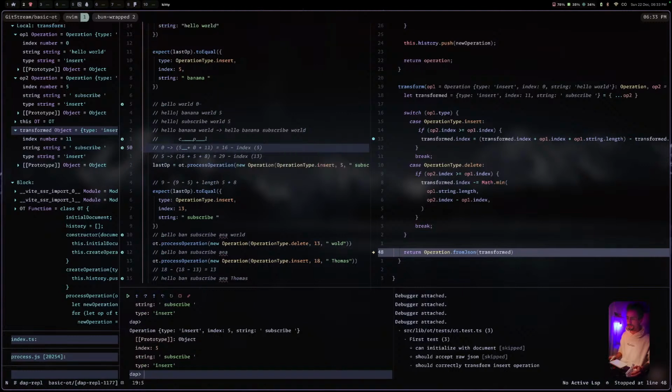So we're taking current index, OP1, OP2 index, it's 5, okay, plus previous index, OP1 index, still 5, okay, plus, oh, yeah, okay, so we're, wait a second. 5 plus 0 plus 11, 16, 16 minus 5. Okay, so maybe,